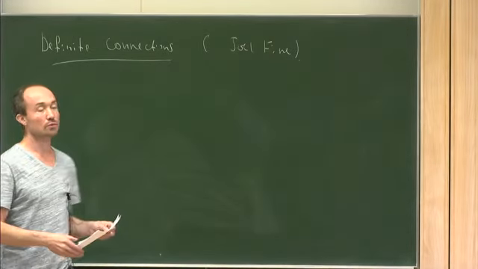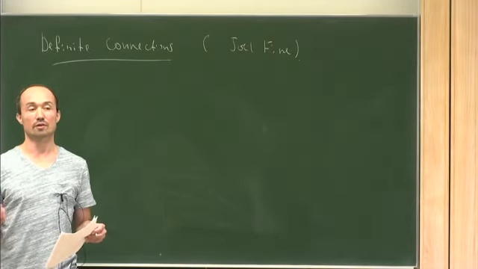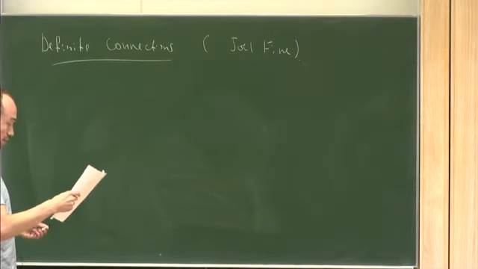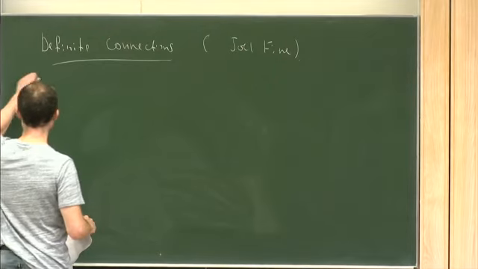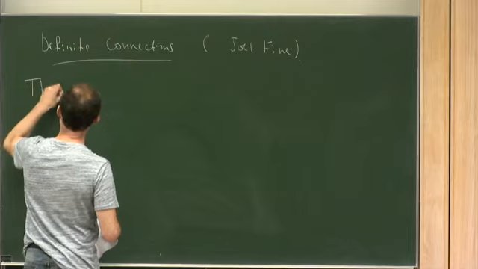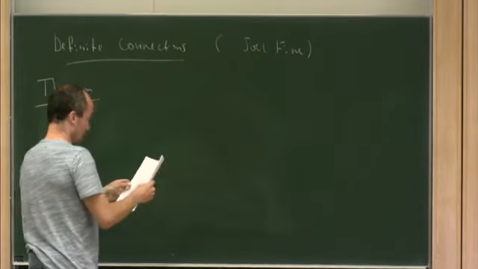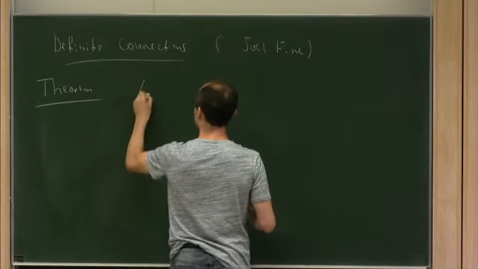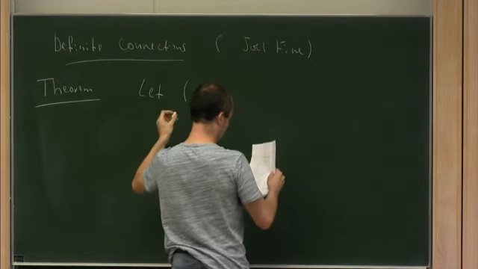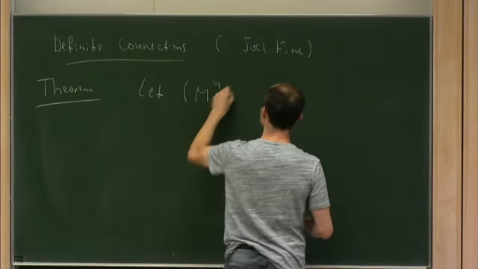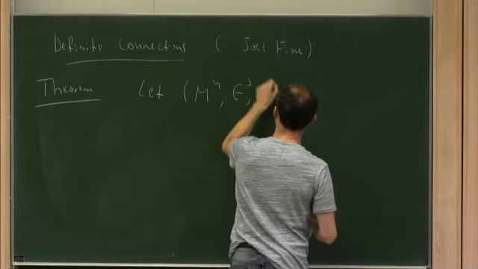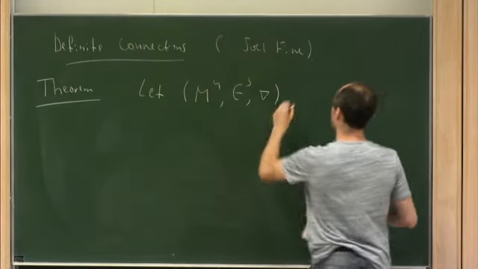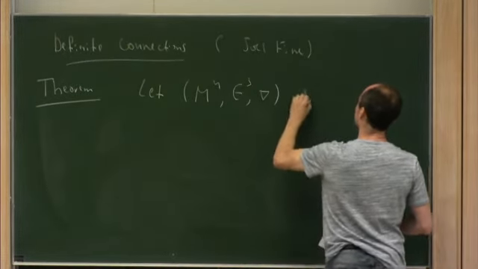Basically, what I will do is first formulate the theorem, the result that will be proved. And then I will say some words. So let M4, E3, and nabla be the following data. So M is a 4-manifold,